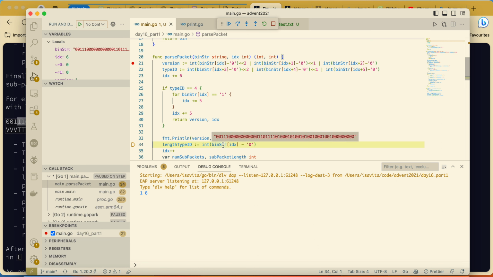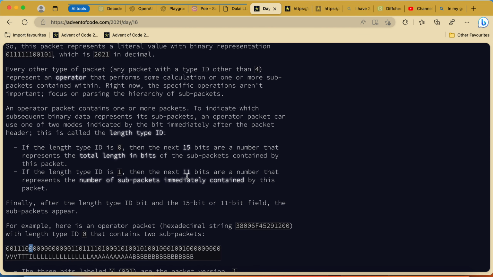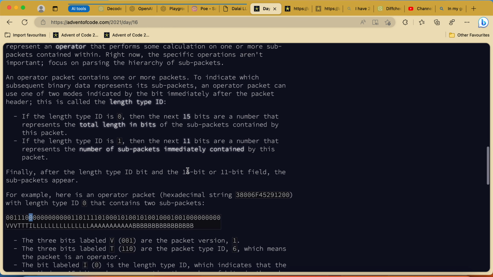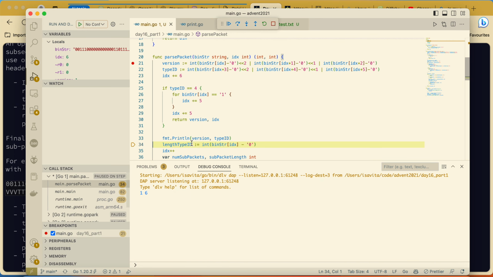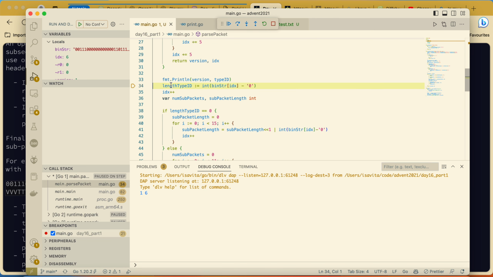Now we are looking at index 6, which is this one, and we are checking a bit labeled I, the length type ID, which indicates whether the length is 15 bits or 11 bits. In our case that's 0. We need to check, is that 0?